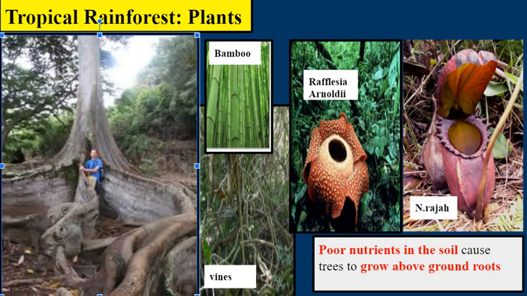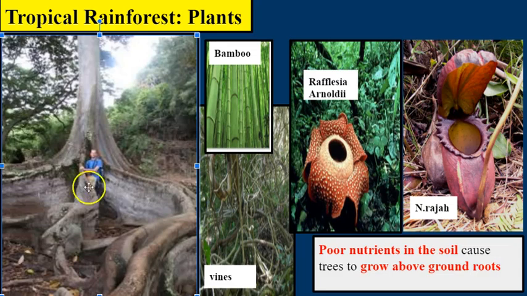So now we're moving on to the different plants that can be found in the tropical rainforest. Since we are finally talking about plants that can be found in this biome, I can show you guys that picture of the trees that grow above ground roots. As you can see in this picture, there is a man standing next to these roots. He is going to be roughly the same height as Mr. Carver. So that means that the roots that he is standing next to are going to be about 6 feet tall. That is insane that they grow this tall just because our soil in this biome is so poor in